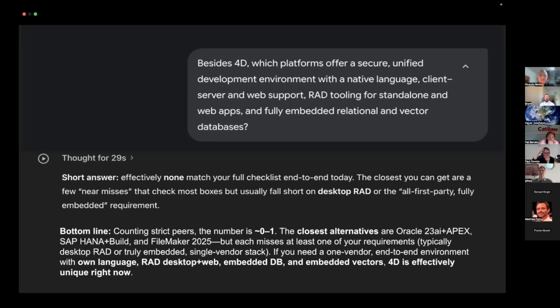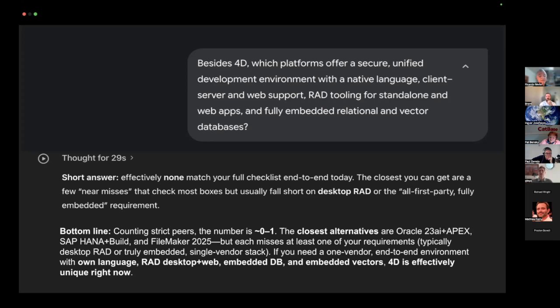And at the bottom it said that counting restricted peers, the number is 0, maybe 1. The closest alternatives are Oracle 23AI Apex, SAP HANA Plus Build, and look at that, FileMaker 2025. Well, but each misses at least one of your requirements, typically desktop RAD or truly embedded. Can I repeat that? Single vendor stack.